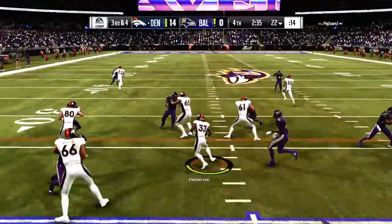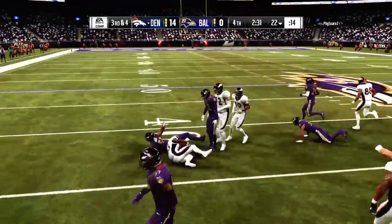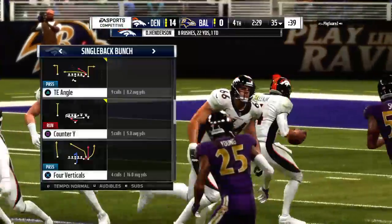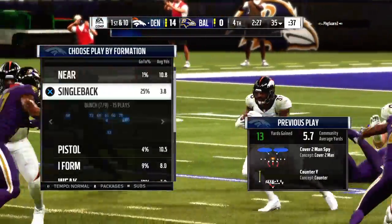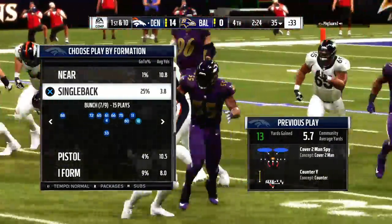On 3rd down, it's Henderson. Oh, and now he bowls him over. And he's brought down, getting this one up to about the 35. That one good for 13 and a Denver 1st down. Brandon, when a defense just simply